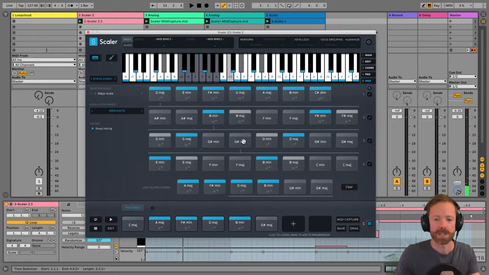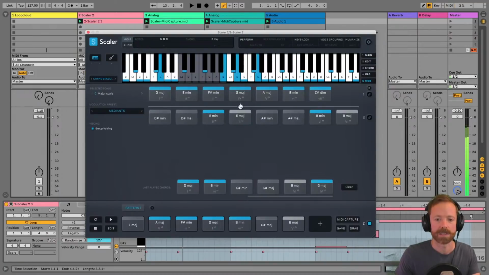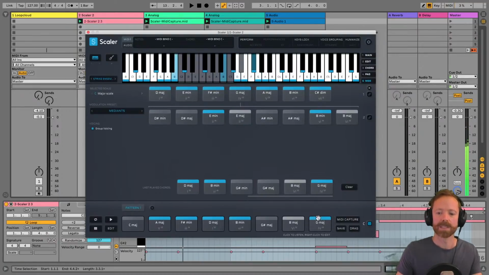So from the G, go to B major maybe. And then we could end with the dominant of C, which is the fifth, which is G, to bring it back around to the C. And then you've created a really interesting sequence there.